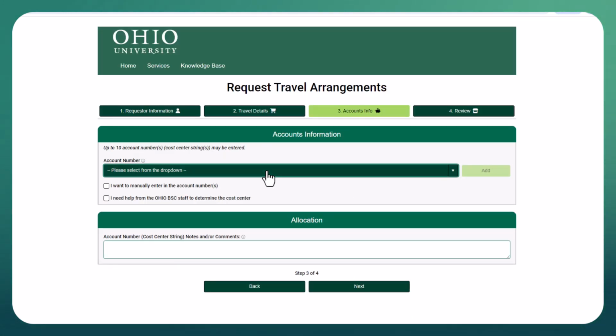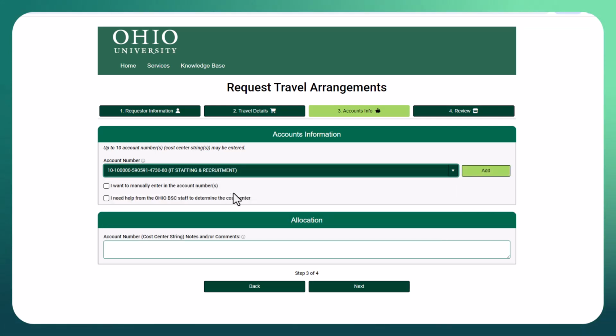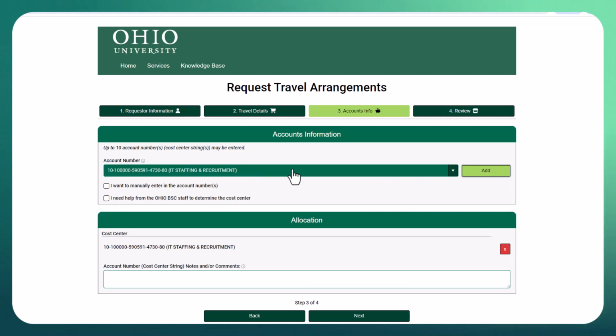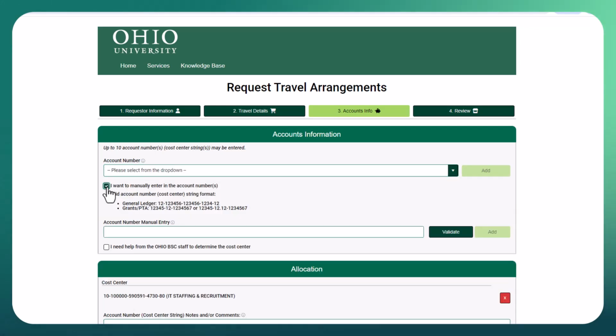At this point, you can select what account number you would like these charges to be added to. So you can select from your drop-down menu, and then you would click the Add button. If you have multiple accounts, you can either select them from the drop-down menu, or you can manually enter them if you know them.